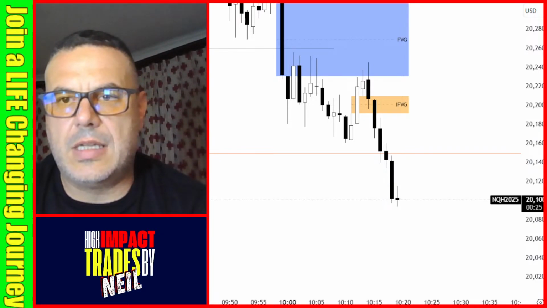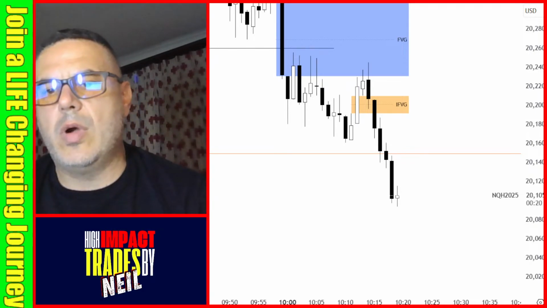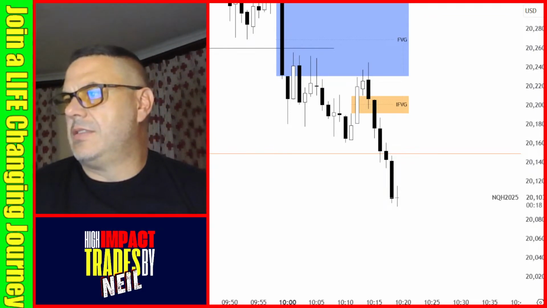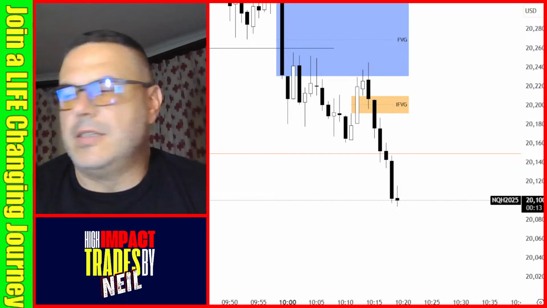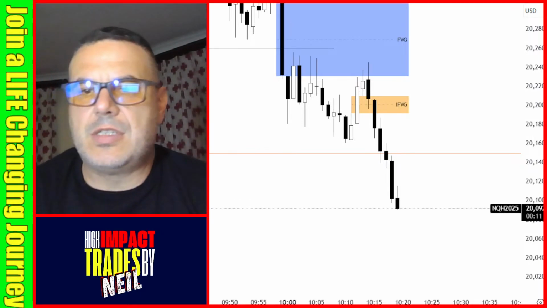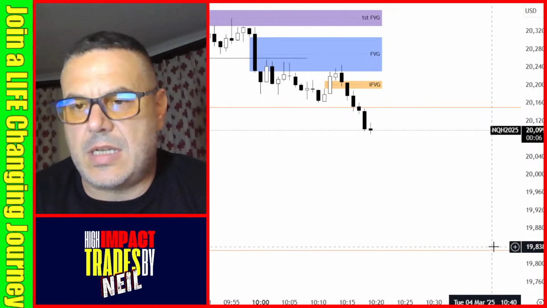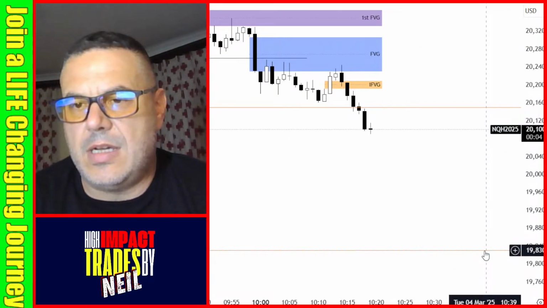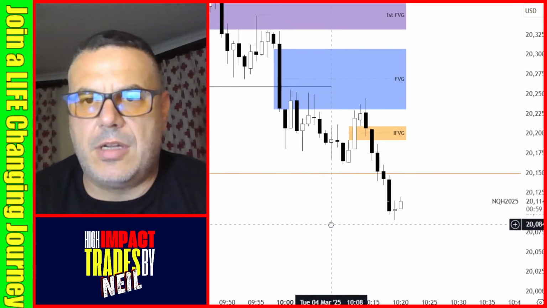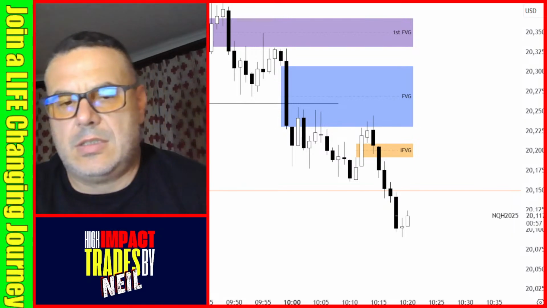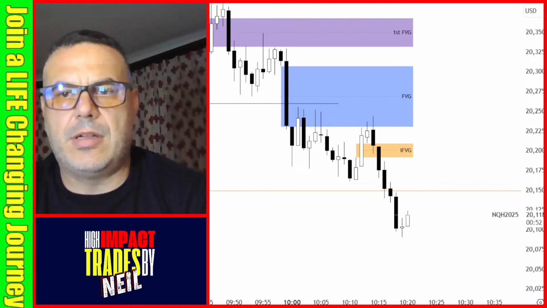Actually, not going to look at the daily or that, because I know there's that low way lower, and I don't know if we're going to get there now or soon. Maybe we're just targeting the next pivot level here, which sits currently at this 1980 level, so don't know if we're going to go there now. Possibility, but nothing that tells me that's where we're going to go now.